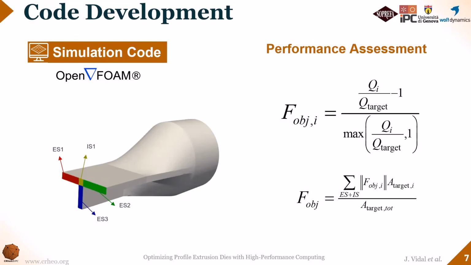need to somehow evaluate the quality of the flow balance. And in order to do it, what we did is we divided the cross section, the outlet cross section of the profile, into different sections. We call it ES, the elemental sections, and IS, the intersection sections between different elemental sections. And for each geometry, in each of these subsections, we calculate the flow rate, and this objective function, you have